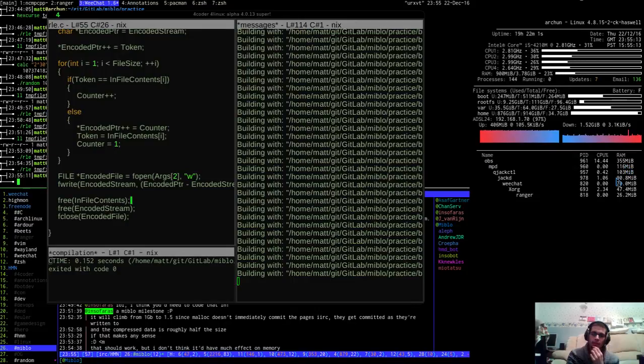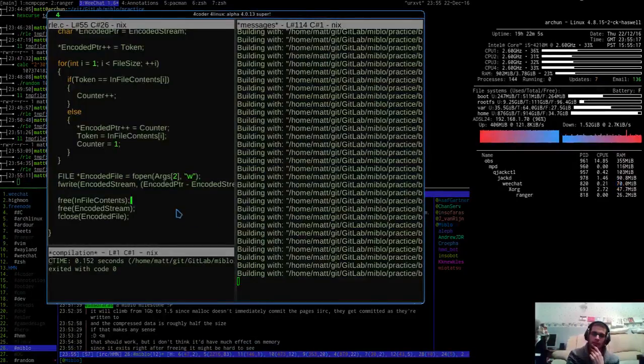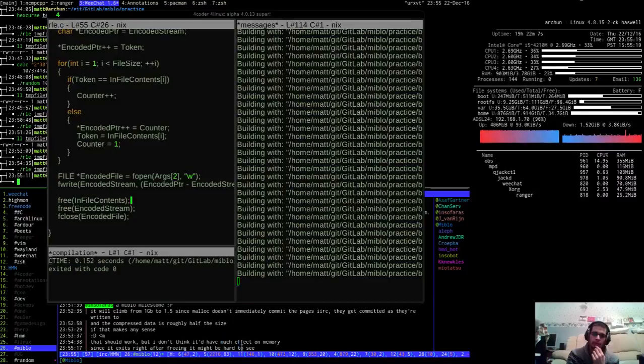Yeah, it just freed it in one go. Interesting. If this exits right after freeing, it might be hard to see. Yeah.